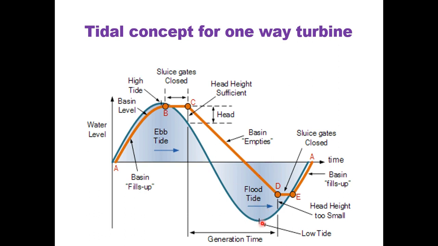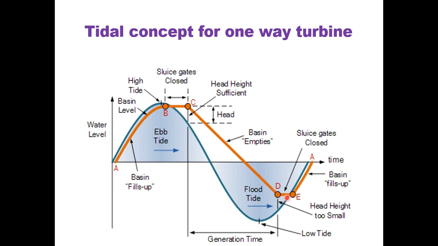Now when we are having the low tide, again the basin will start filling and this cycle will repeat. So the sequence is like this. If you start with point A, our basin level approaches the water level of the sea. At that time the basin has been filled and the gates are closed, and we are developing sufficient head over here. Whenever there is sufficient head difference, at that time the basin will start emptying itself